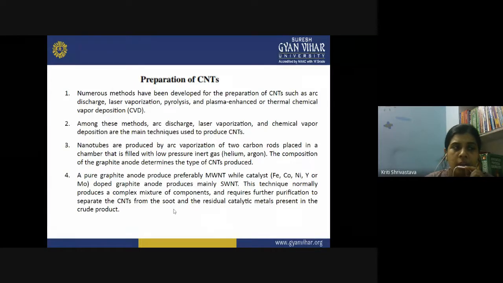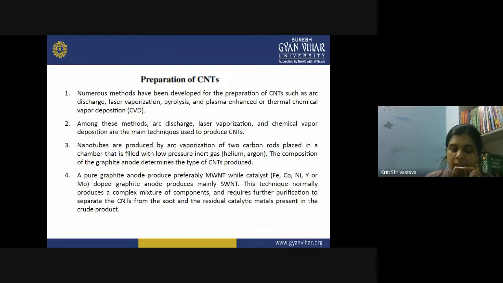Like if you put a metal spoon, a steel spoon over a burning lamp, suppose you have prepared a lamp using mustard oil, and if you put a spoon upside down, concave side down above the flame of that lamp, then the soot will get collected over the spoon, and sometimes it is also called kajal. So soot is just carbon particles deposited somewhere. So when you apply the arc vaporization technique, the carbon particles are evaporated and get deposited on the surface of chamber. And when you collect the soot, what happens?